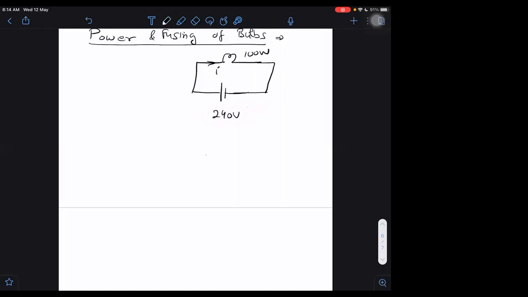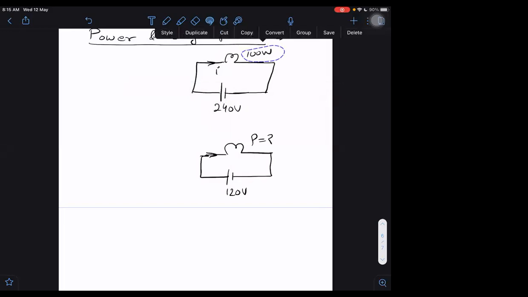But now I took another battery and connected that across it. It is not 240 volt, it is just 120 volt. Now you tell me, what is the power of this bulb? Same bulb. What power will it consume? Now also 100 only? Very big mistake. I was saying it depends on that voltage. If it is supposed to be connected across 240 volt, then only it will be giving us the right power. But now when I change the voltage, how can the power remain the same?